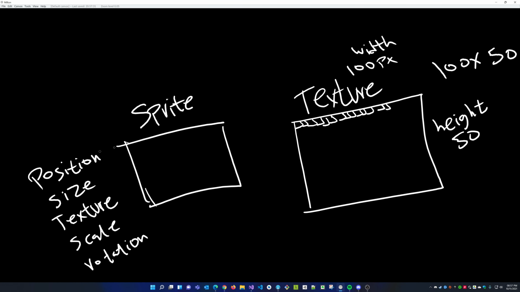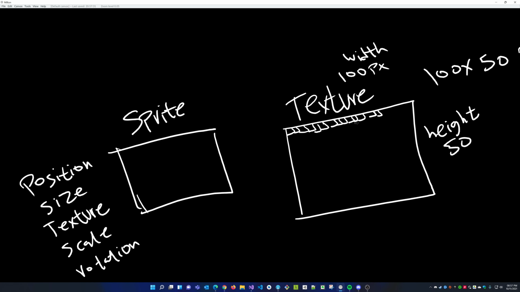So a sprite is a box that contains a lot of data like position, size, texture, scale, rotation, and a lot more. A texture is just an array or a box of pixels. Now I haven't explained what arrays are, I'll talk about that later. But yeah, it's just a box of pixels. For those who know what an array is, it's just an array of pixels. All right, cool. So that is that.